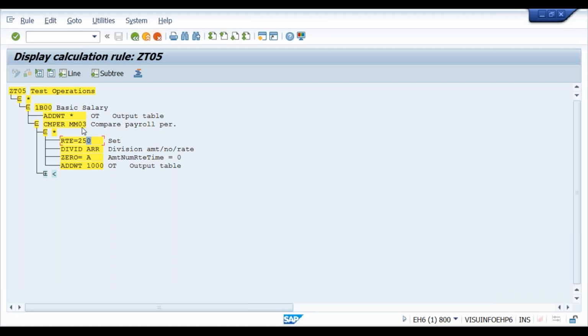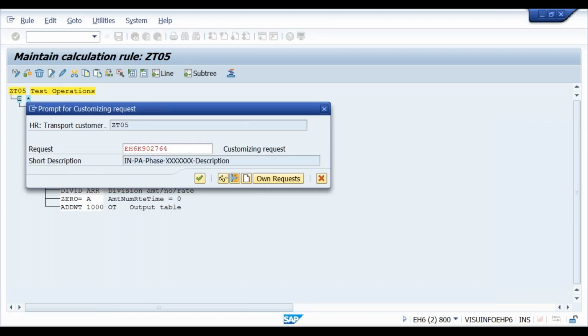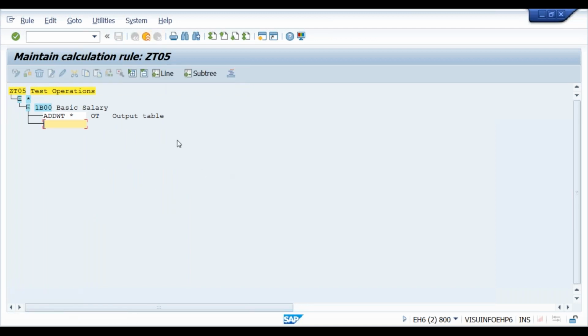What about 2018? Again in 2018, period number 01 will go to the first one, and period number 02 will go to the first one. Right? So what you can do is also query the year number here. How? After this, same operation, CMPER JJ, double J. J means year. Query on year if it is 2017.